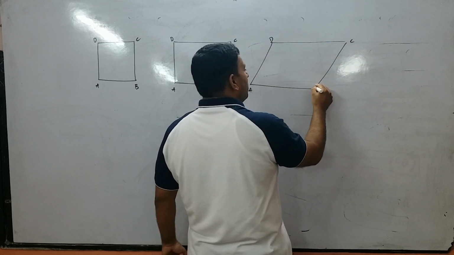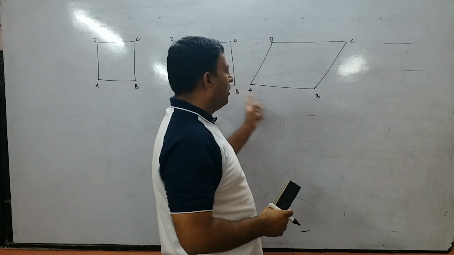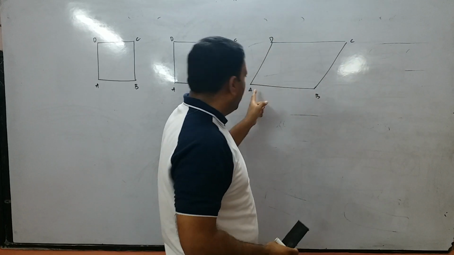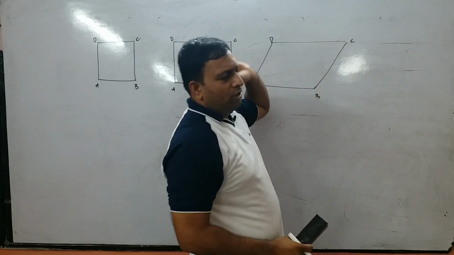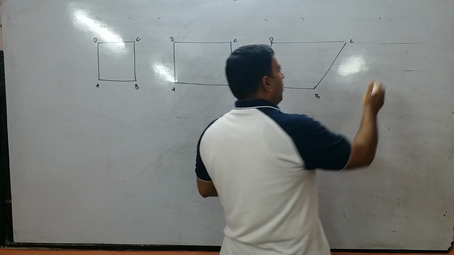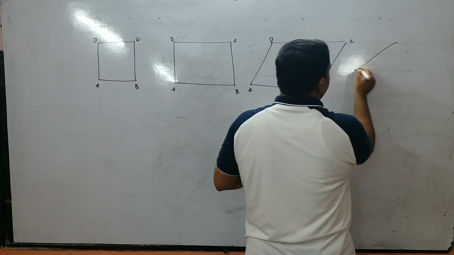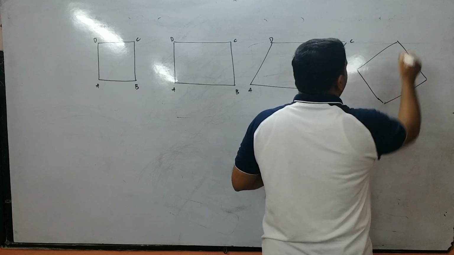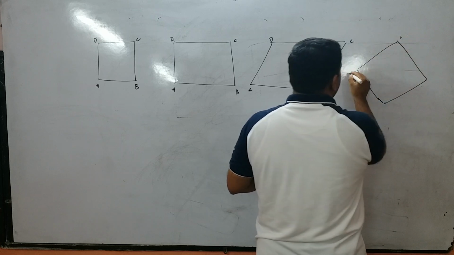I have to always take things in cyclic order. Very, very important. Nobody will tell you this, but whenever you are taking the vertices, make sure that you take them in cyclic order. A, B, C, D, you cannot take them in a jumbled way. You have to take A, B, C, D in order. That is very, very important. And apart from that, this is a rhombus. So right now, we have 4 figures in front of us.